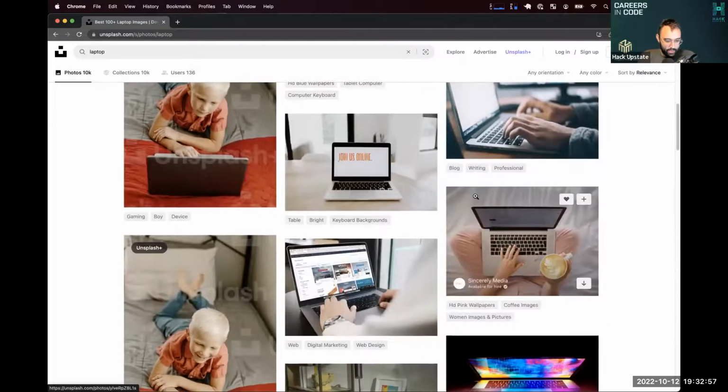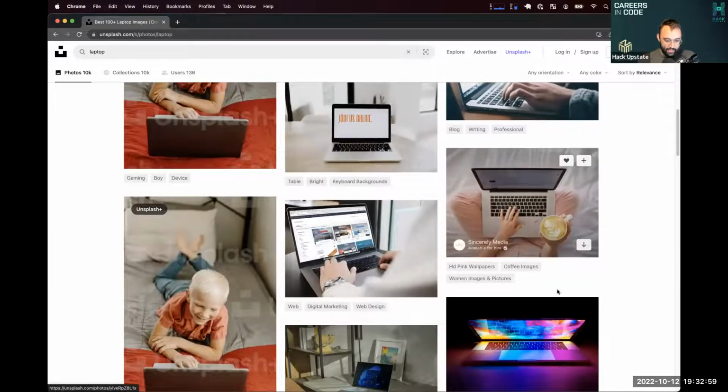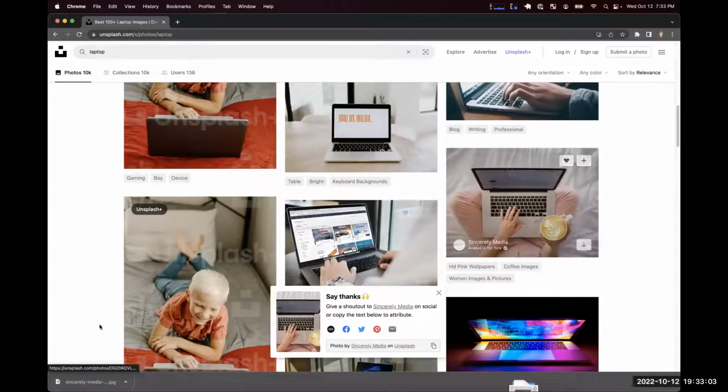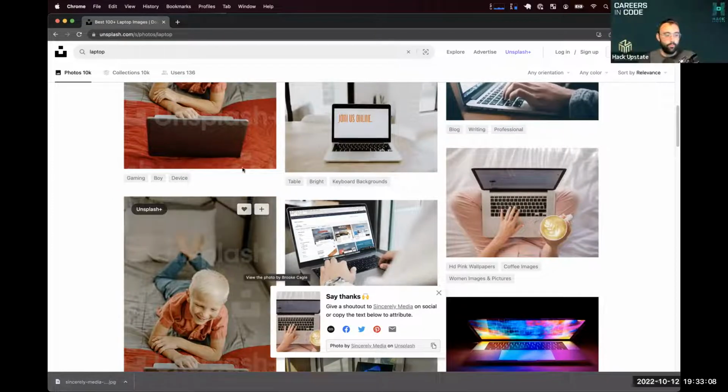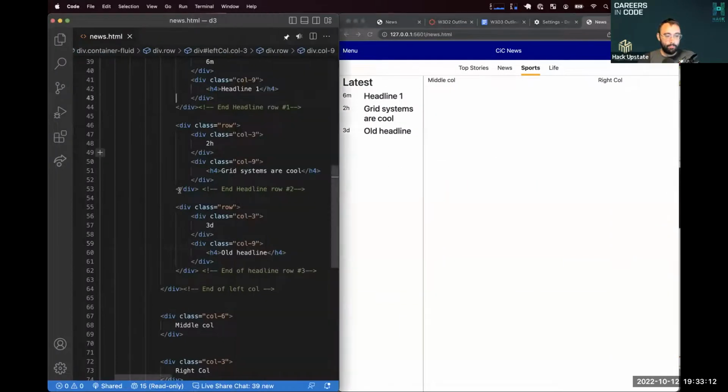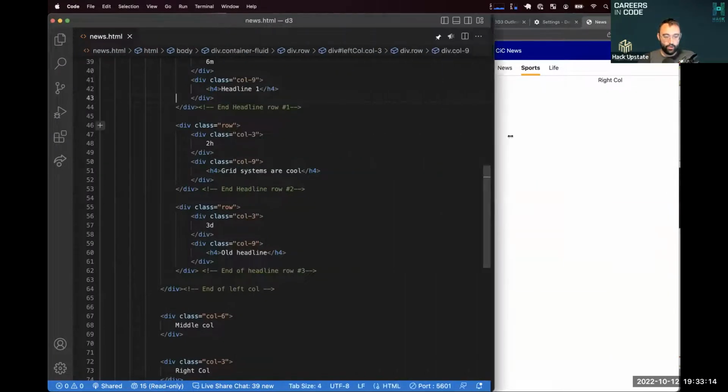And I'm going to pick any one of these. This looks good. So I'm going to hover over it and hit that little download button, and that's going to download it to my downloads folder. From there, I can go ahead and close this out, switch back over to my VS Code, and I'm going